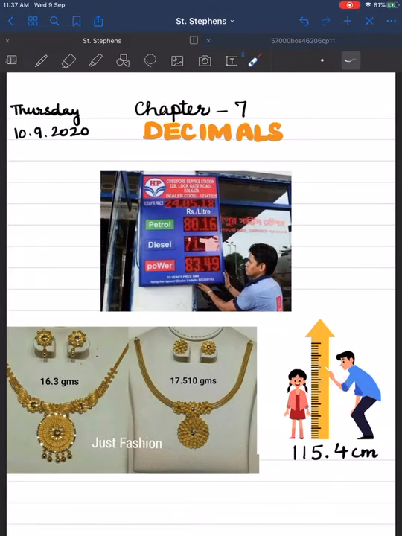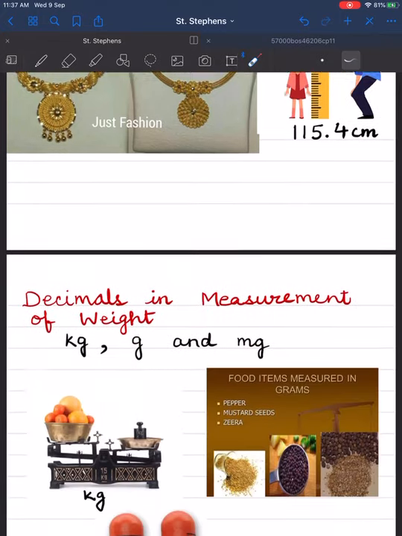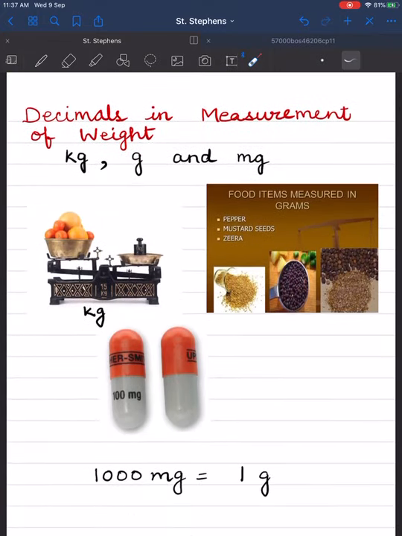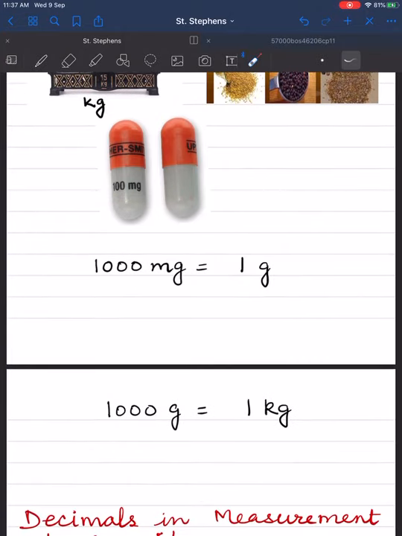Children, let's continue with use of decimals in real life. Let's understand the use of decimals in measurement of weight. We generally use kilograms, grams and milligrams for measuring weights. Now 1000 milligram is equal to 1 gram, and I hope you remember to change from a smaller unit to a larger unit we divide. So here 1 milligram is equal to 1 upon 1000 gram, and we know 1000 has 3 decimal places, so we get